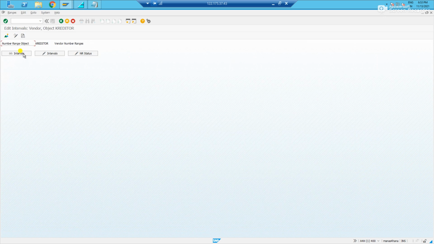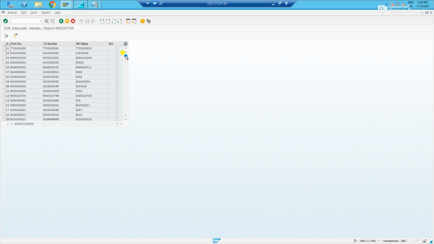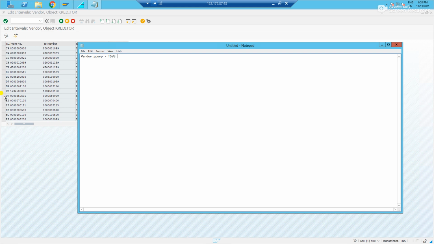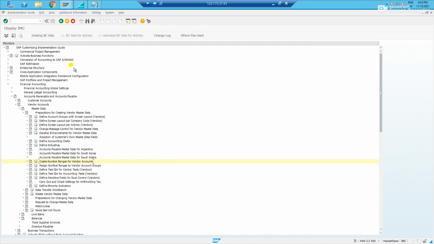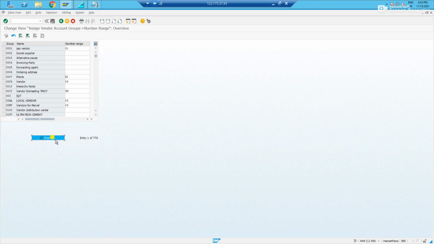Currently in the system, there are multiple number ranges, so there is inconsistency between the numbers, but this is the one I've created. I'll use this number range, which is DV. What is the next step? I need to assign this number range to the vendor group I just created.